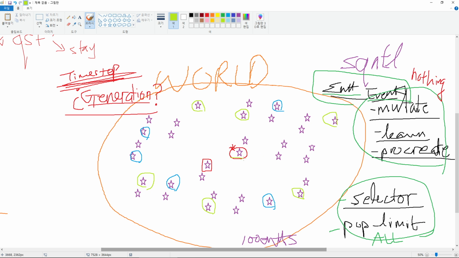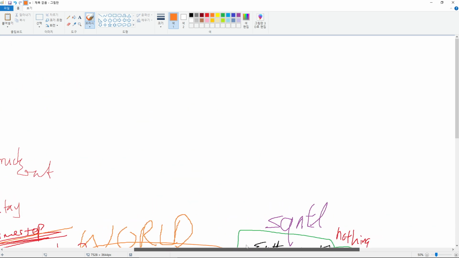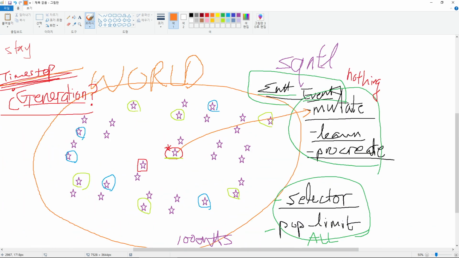For example, this entity right here in this time step could end up having to mutate first, as opposed to here, where they always have to go through the assessment and then the procreation, or being selected as parents. But in this version, the chaotic genetic algorithm, this entity can just go and mutate first,